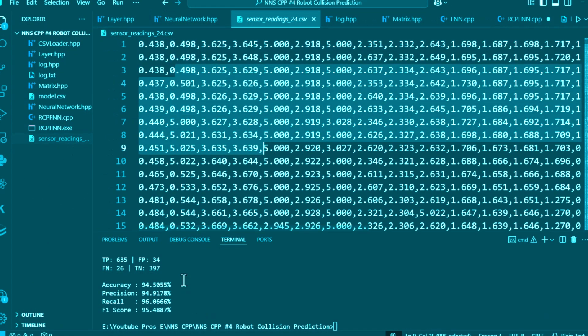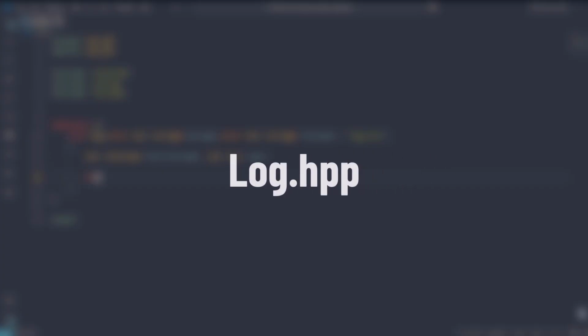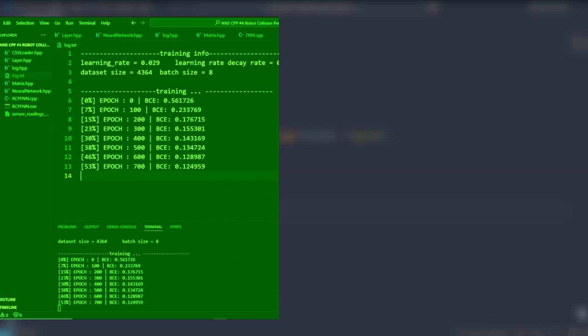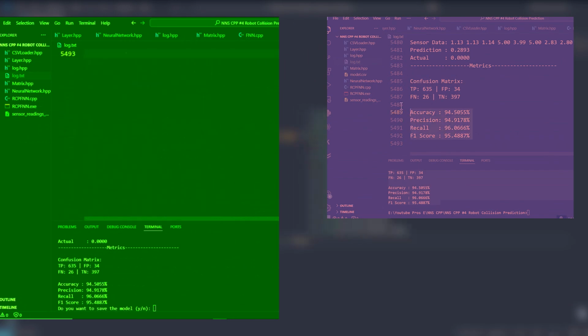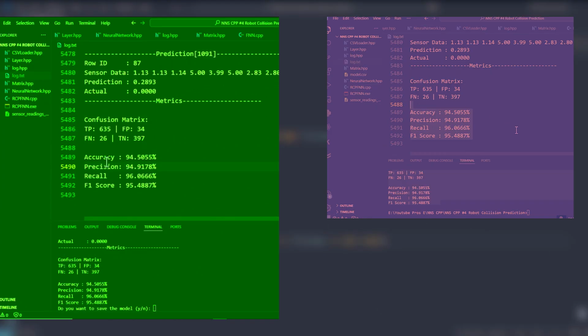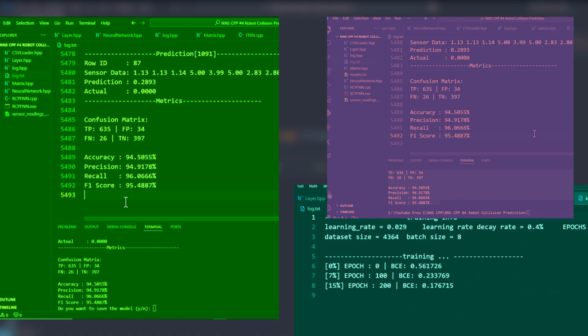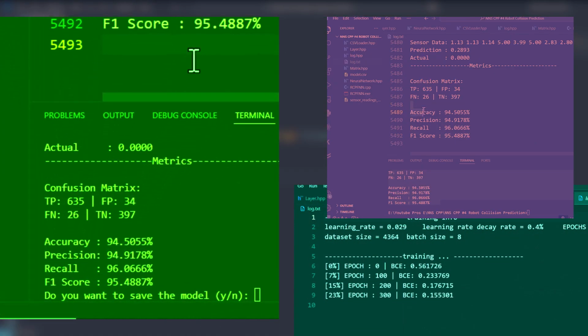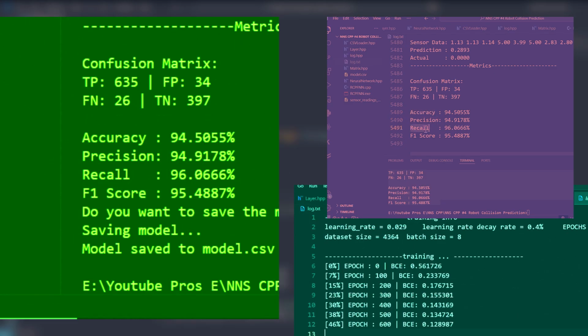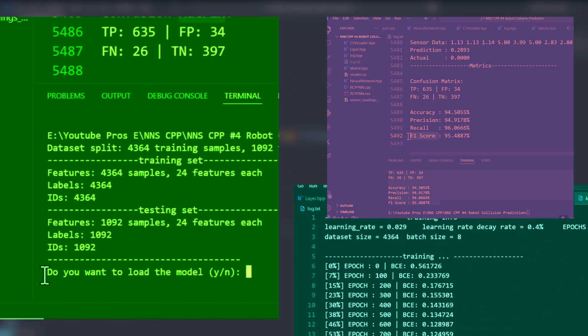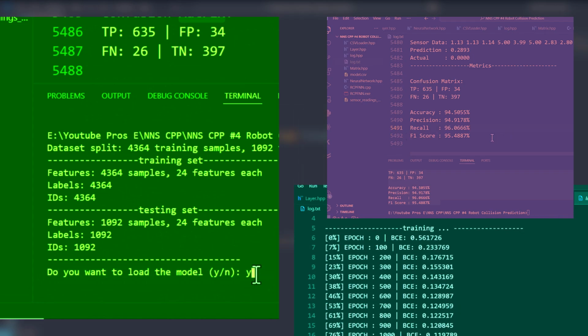In this video, we're going to create a file called Log.hpp. The reason is simple. While our program prints everything to the console, like training settings, epoch progress, evaluation results such as the confusion matrix and metrics, and test predictions with actual versus predicted values, there is so much output that we can't scroll back to see it all. So to fix that, we'll also log everything to a text file, making it easy to review all the details